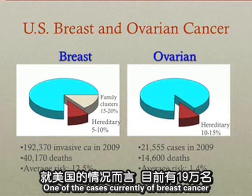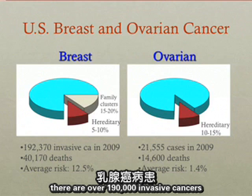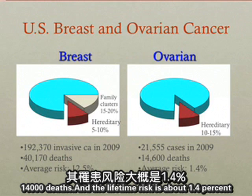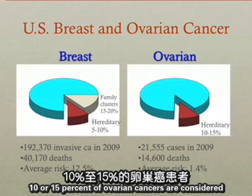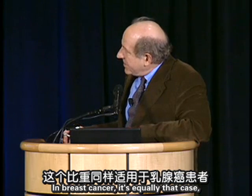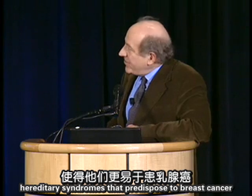What are the cases currently of breast cancer in the United States? There are over 190,000 invasive cancers and over 40,000 deaths. So a lifetime risk is considered to be over 12%. Of ovarian cancer, there are over 21,000 cases and 14,000 deaths, and the lifetime risk is about 1.4%. Notice also that only a smaller proportion, about 10 or 15% of ovarian cancers, are considered to be associated with mutations that you can inherit, so-called germline mutations, such as BRCA1 and BRCA2. In breast cancer, it's equally the case, although there are family clusters of other types of hereditary syndromes that predispose